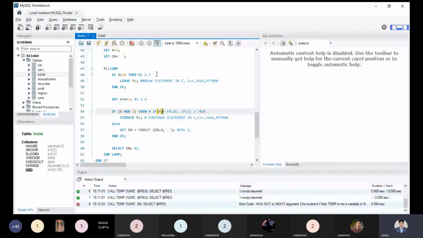So ch will contain the space and then ch comma 4 comma will be added. This will be the part of this one. This process will continue and finally we will get 6, 8 and 10. Of course, at the last we are adding the comma.